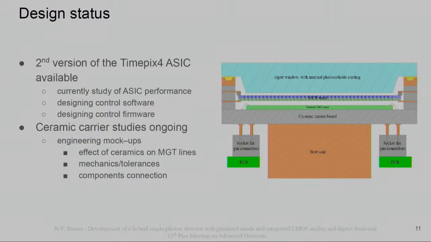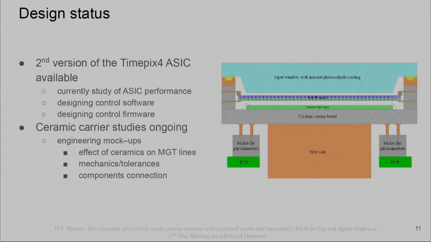Again, the second version of the Timepix is available. Currently, we are studying the performance of this ASIC, and we are starting to test it. So we don't really have the photocathode and the MCP, but we only have the silicon anode, and we are starting to design the control software and the control firmware for the detector. Furthermore, we are starting to study the ceramic carrier